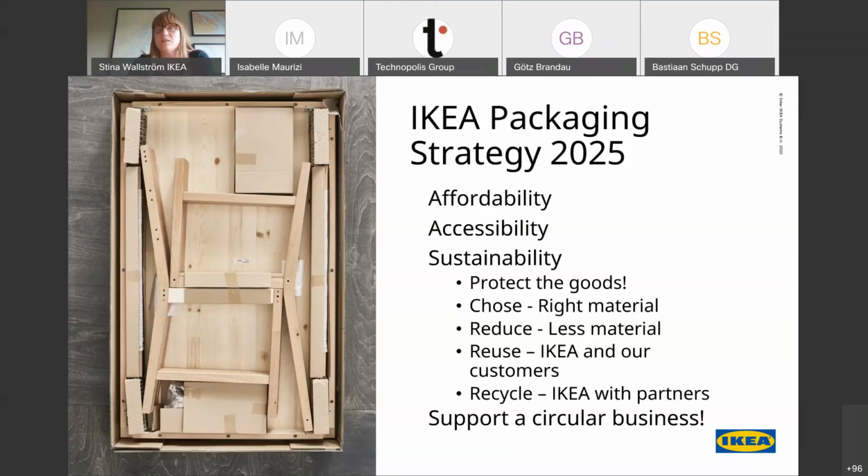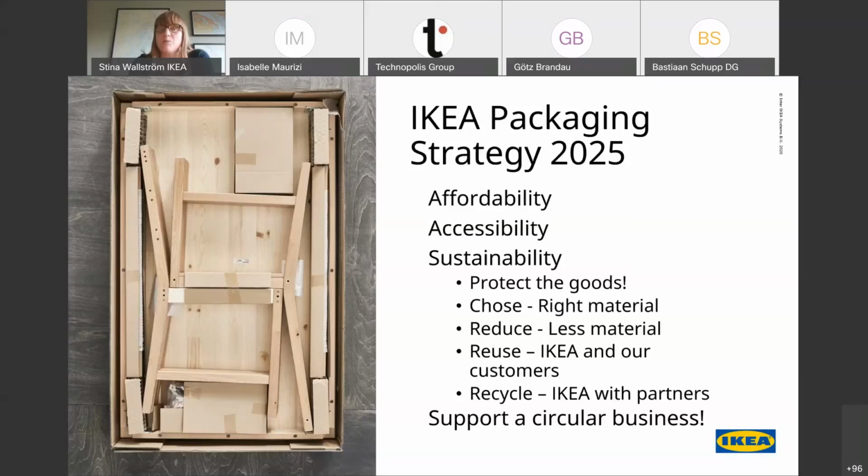When we have chosen the material that is the best to protect the goods, then the old loop of reduce, reuse, recycle is actually still very useful. First and foremost, can we use less material and still protect the goods? If we can do that, we should do that. At IKEA, we have been working with this concept for a very long time. We are quite famous for our flat packaging that is very material efficient. And this is also an area where cost and sustainability go very much hand in hand. If we can buy less materials, it will be cost efficient as well as sustainable.